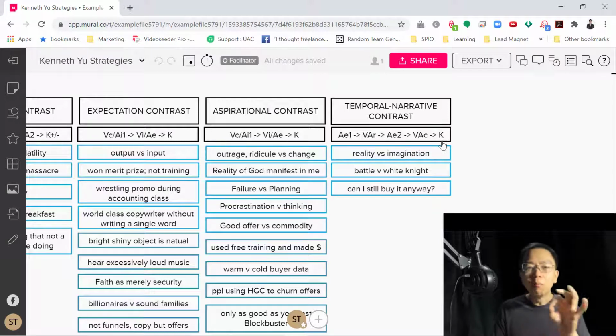At the end of the day, most contrasts will create either a positive or a negative state change, or it causes a stacking state change, and we'll talk about that in a while. So Kenneth used this about 3 times, probably more, but these are the 3 that are the most obvious. He talks about reality versus imagination in terms of his younger days. He talks about being in a battle, and then the white knight comes out, and then it's like, oh, you guys are all at peace. Okay, fine. And he talks about a funny situation where his customer had already got a product, but they still wanted to buy it anyway. We all know the narrative, but in terms of the behind the scenes view, it looks very funny.